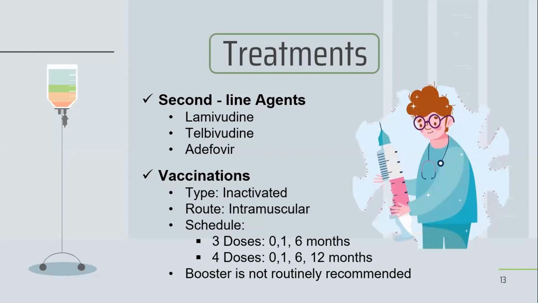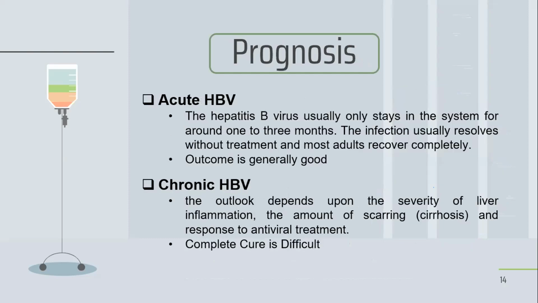Vaccination is highly effective as it induces a protective anti-Hep B antibody response in infants, children, and adolescents. Next is the prognosis. For acute Hep B infections, in most cases, people recover completely after the short-term infection. However, a small percentage of patients go on to develop chronic Hep B, and for acute Hep B, the outcome is